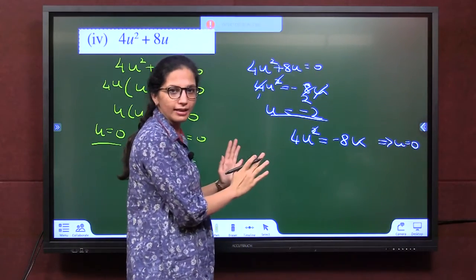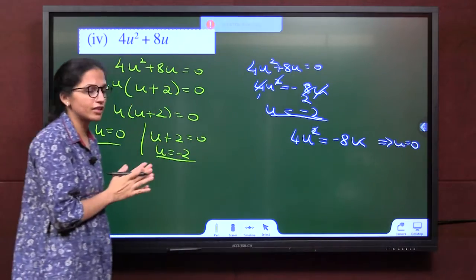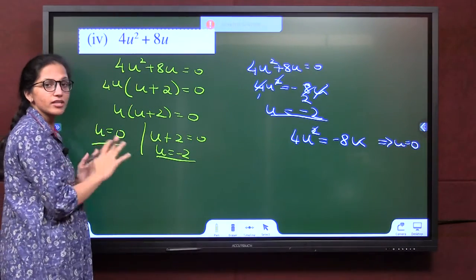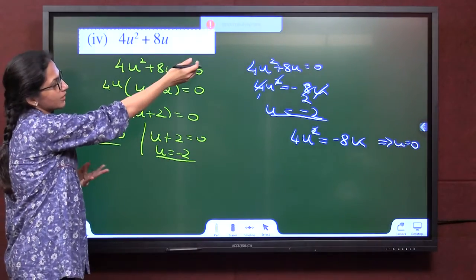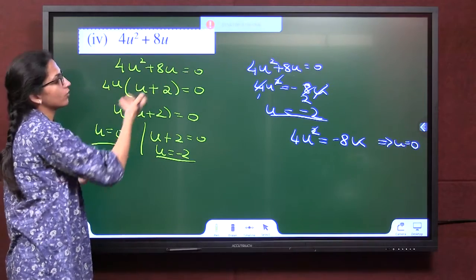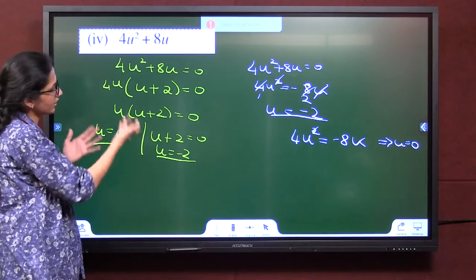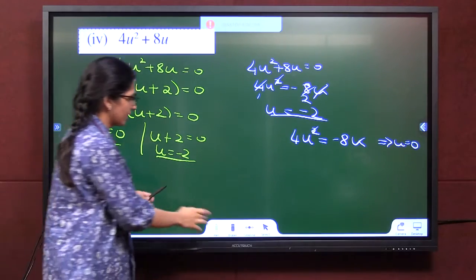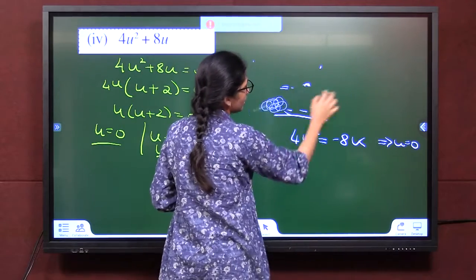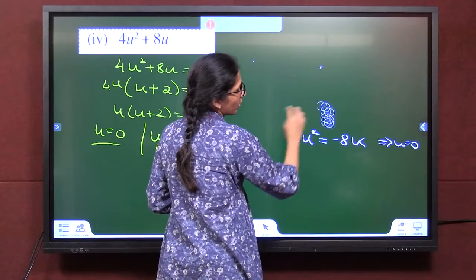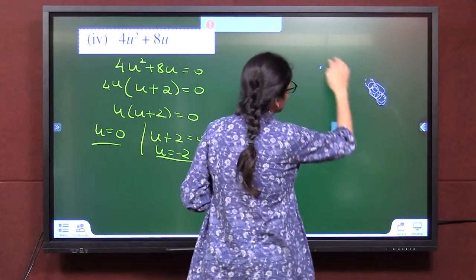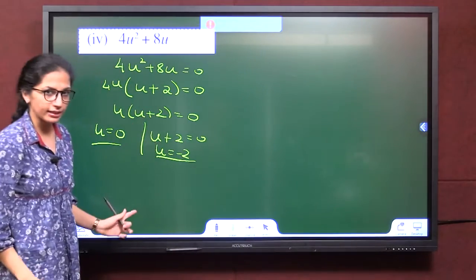So please remember, don't follow the cancelling method. If you have to find the zeros of an equation, just keep everything on the LHS and normally try to factorize. Here, since the constant term is not there, I don't have to break my head to factorize. I get the answer easily. So if you are doing the cancelling method, remember that one of the possible solutions is that the variable is 0. Otherwise, follow this technique.